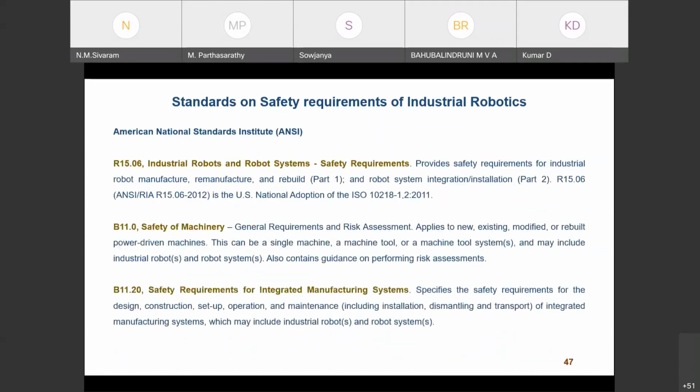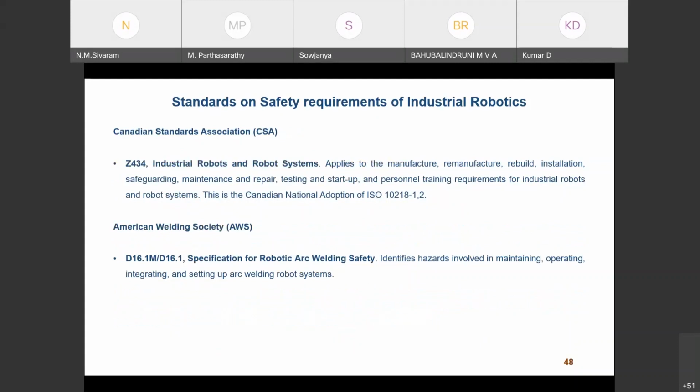The standards of other countries are also available. The American National Standards Institute, ANSI, has robot standards for industrial robots and safety, robot systems, safety of machinery, and safety requirements for integrated manufacturing systems. Each and every country has its own standards, but universally following the ISO standard will be very easy for interpretation, and also